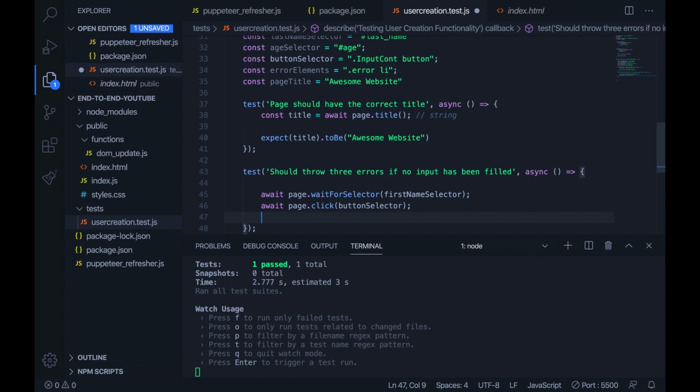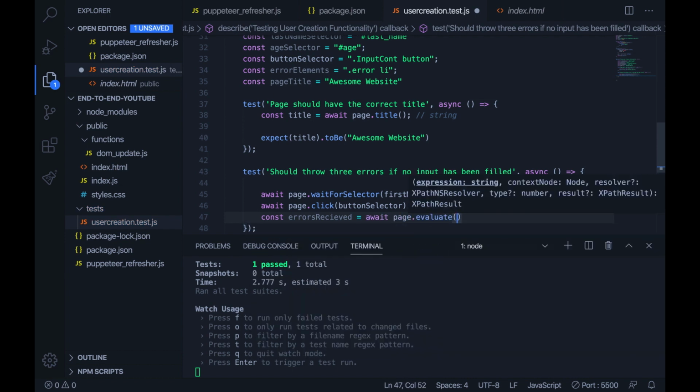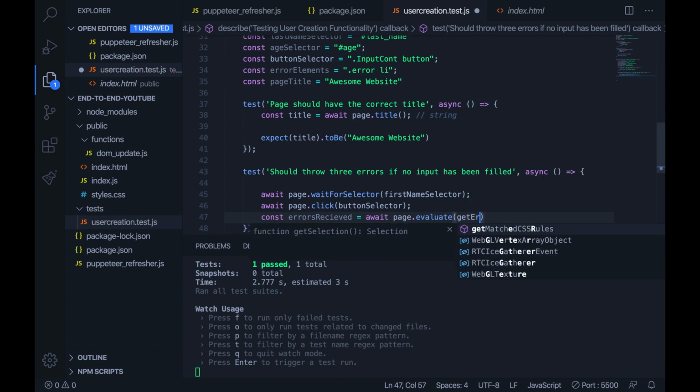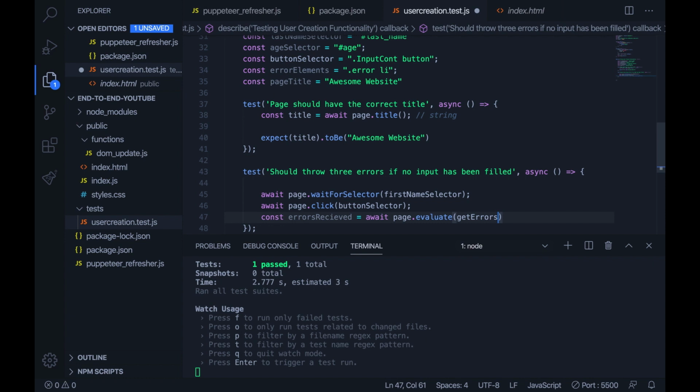So I can come in here and say const errorsReceived, because I want to be able to get to these errors, and await page.evaluate. And then obviously I'm going to have a function here that says getErrors, but to keep things neat, because I'm going to be using getErrors quite a lot, I'm going to turn it into a function called getErrors. And then I need to pass in some error elements,